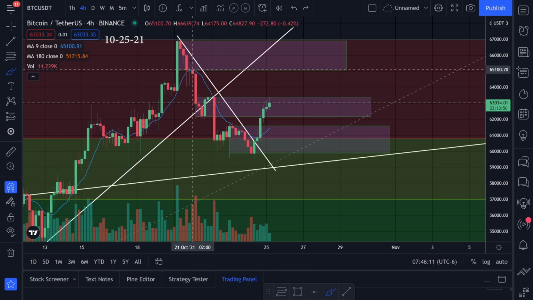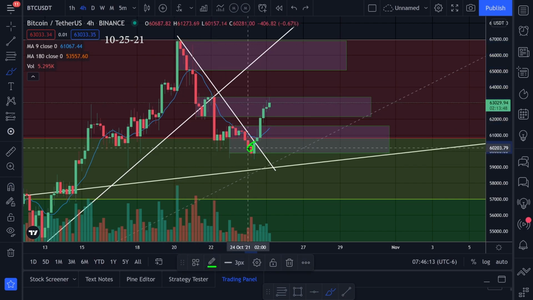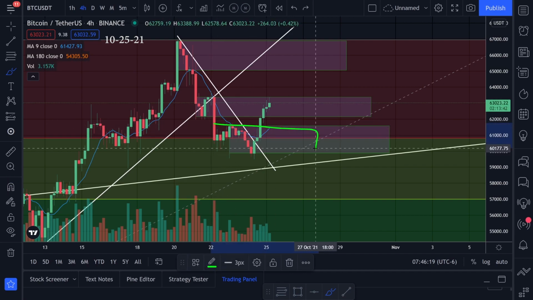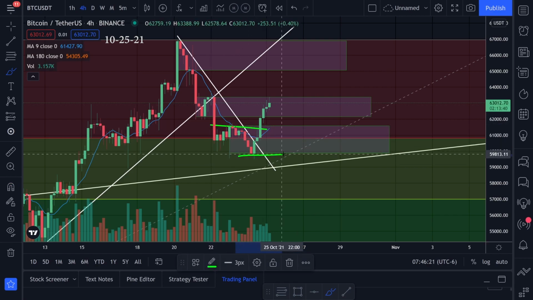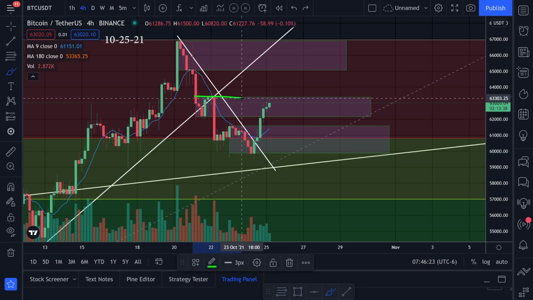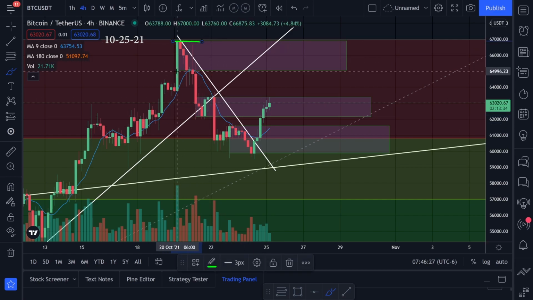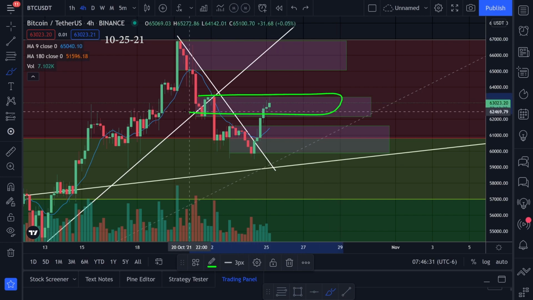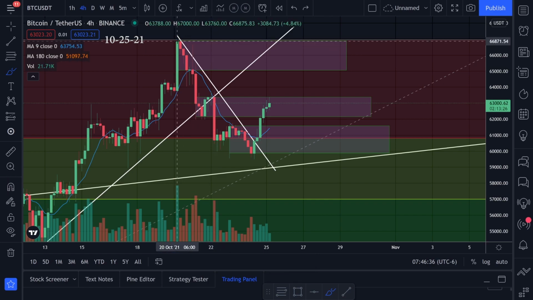I was watching this downtrend and we broke that downtrend going to the upside. What I'm looking at right now is a resistance zone. I drew these purple boxes because this is the top, this is the bottom, and then we have another one right here, the top and the bottom, and then the top and the bottom. So if we could break out of this zone right here, I'll be targeting the top of this zone up here, which is at around